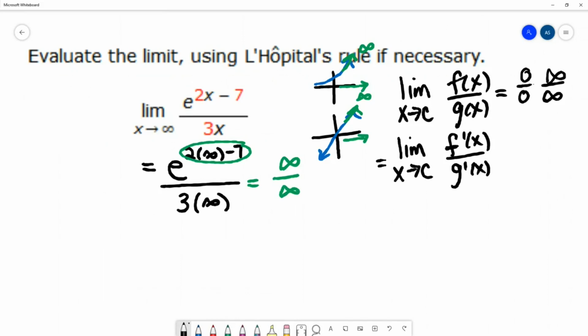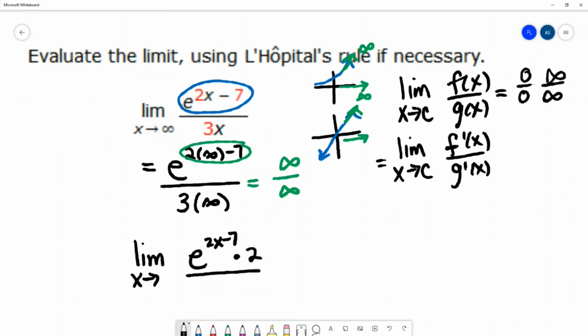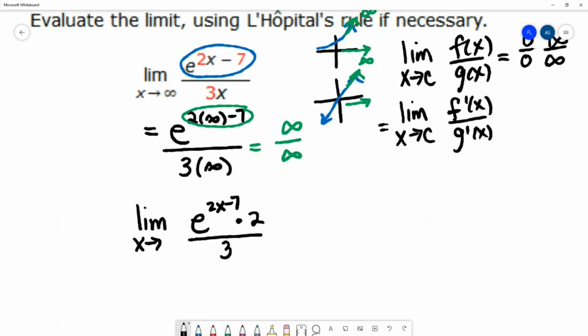So to apply L'Hopital's rule, we're going to calculate the derivative of the numerator, and that would be e to the 2x minus 7 times the derivative of the exponent. The derivative of 2x minus 7 is 2. And then derivative of 3x is 3. So now when we apply the limit again,